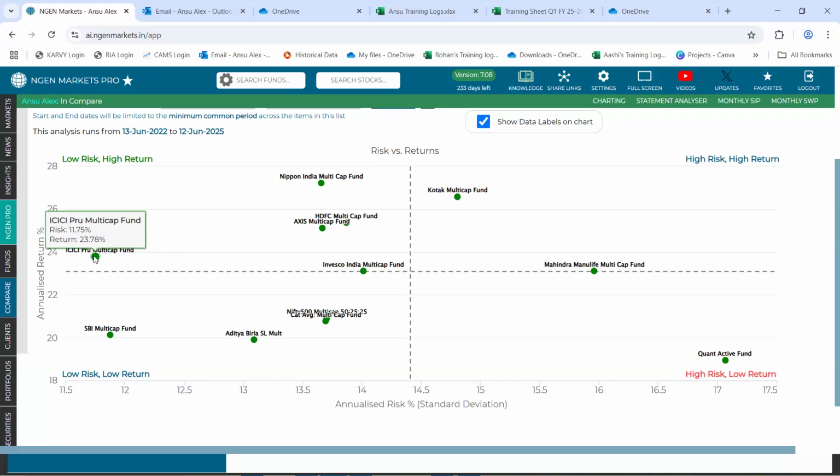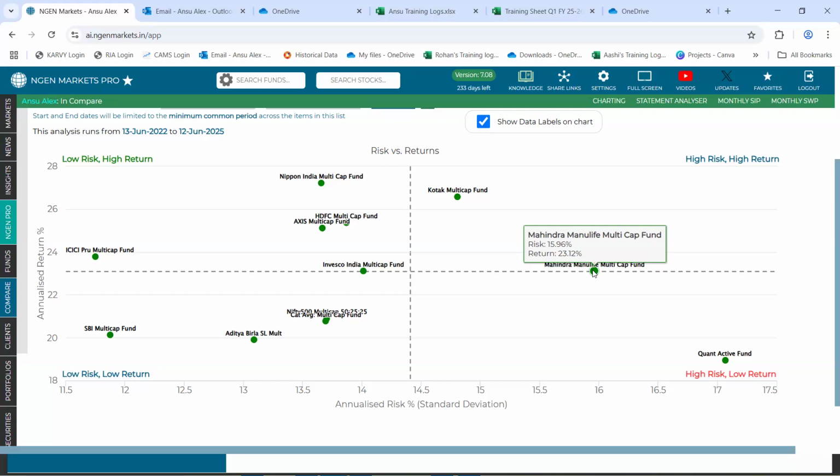However, in terms of risk, we get to see that iPru happens to have a lower risk when we consider it against Invesco and Mahindra. iPru taking in the risk of 11.7, Invesco a bit higher, which is 14.01, and Mahindra a bit higher, which is 15.96.